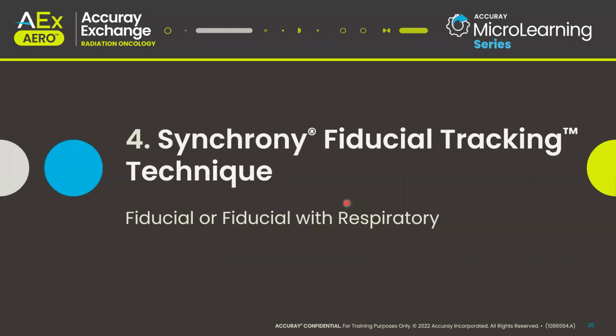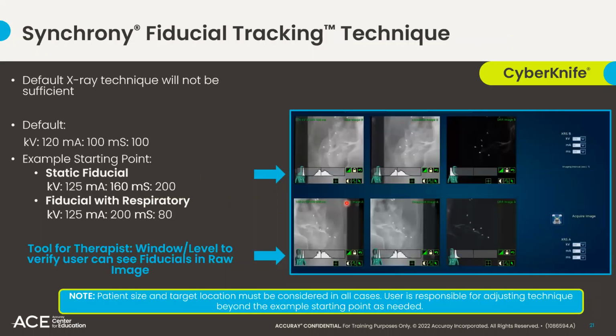Next, let's talk about fiducial tracking. Setting technique for fiducial targets can be difficult. They're often located in deep set soft tissue areas such as the prostate or the liver. The user should, of course, assess the size of their patient and the density of the tissue when deciding on technique. An example of a reasonable starting point for a static fiducial target, so let's say a prostate,